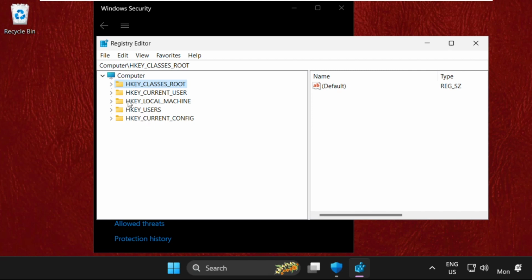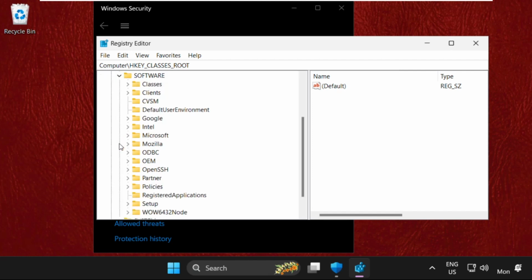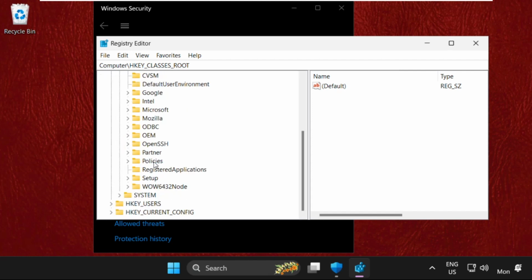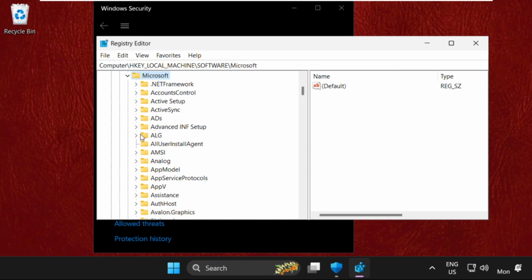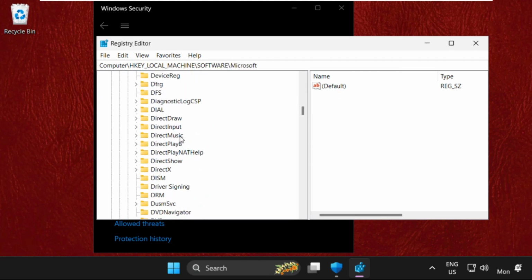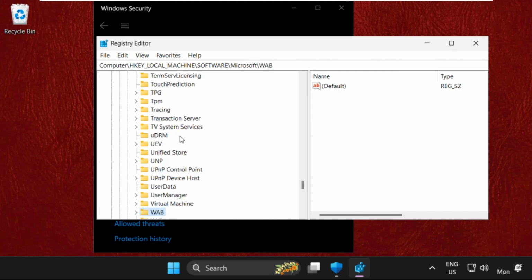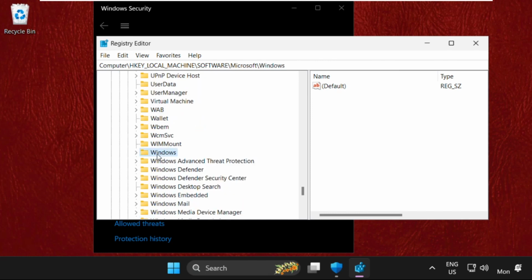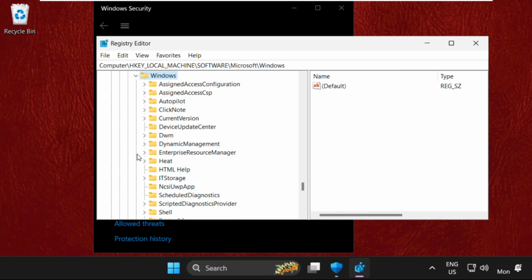just expand HKEY_LOCAL_MACHINE, then expand software folder, then expand Microsoft folder, double click on it to expand it, then just go for Windows folder, expand it, then current version,